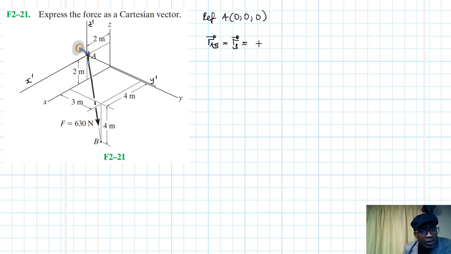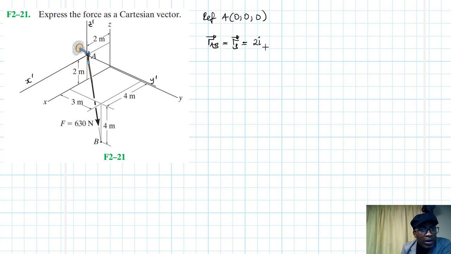Coordinate in the x is this distance here, that's a 4 minus 2, right? Positive, so this is a 2i. You can see it, right? This is 2 here, and the whole length is 4, right? So it's 4 minus 2,